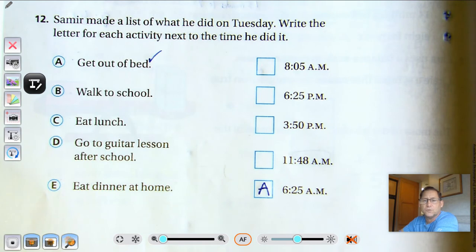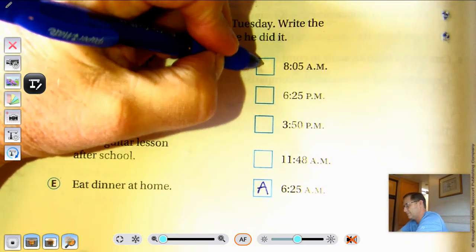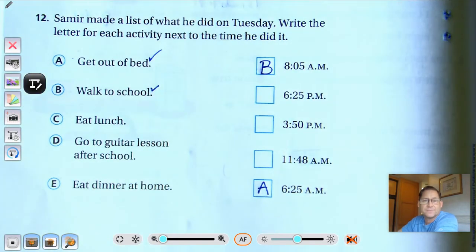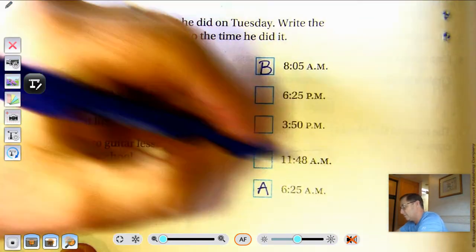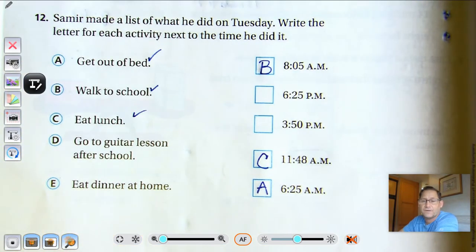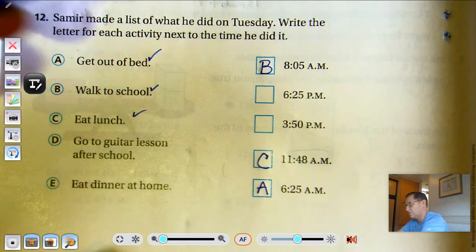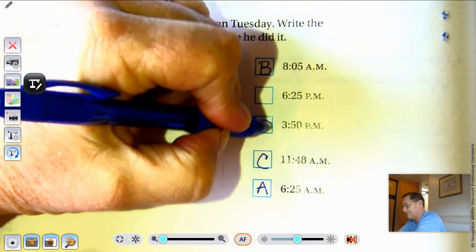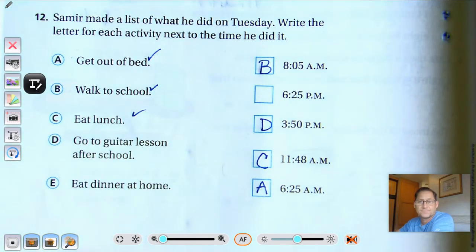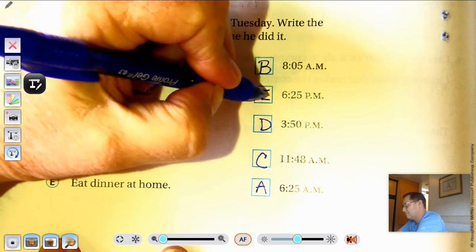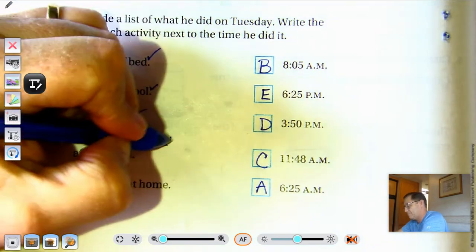Now, walk to school. Well, isn't that going to be the next earliest time? So he's walking to school at 8:05. Eat lunch. Oh yeah, see, I said we were going to get hungry about 11:48. We usually eat about 12 noon. Go to guitar lesson after school. Well, I sure hope you're not still in school at 6:30 at night. So he's going to go to his guitar lesson about 3:50, and then eat dinner at home. It's reasonable to eat about 6:25 p.m. Okay,